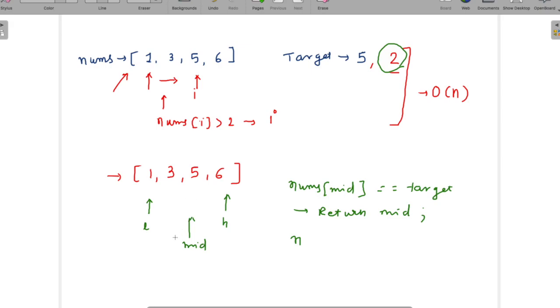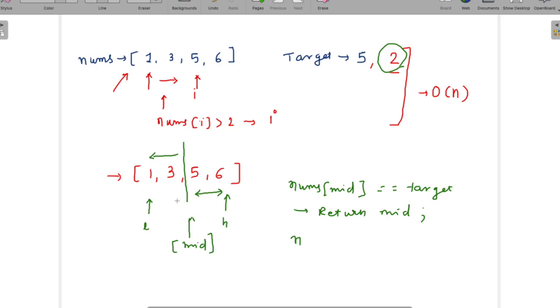So at this index, the number is less than target, then we will remove these numbers and move our left pointer to mid plus 1, and then we will start searching in this range only.